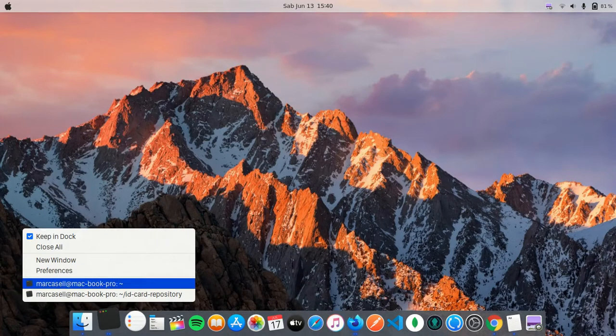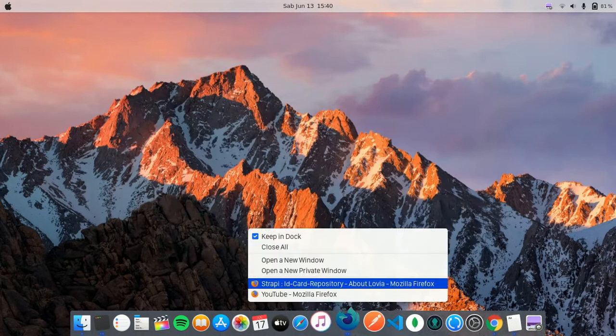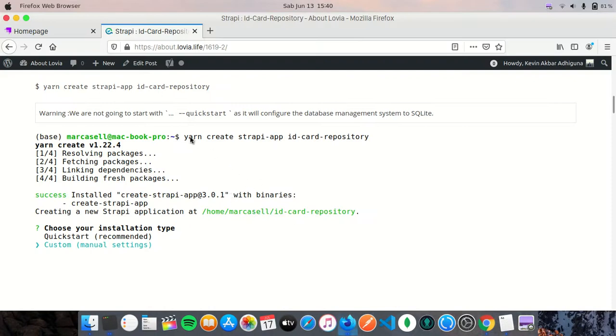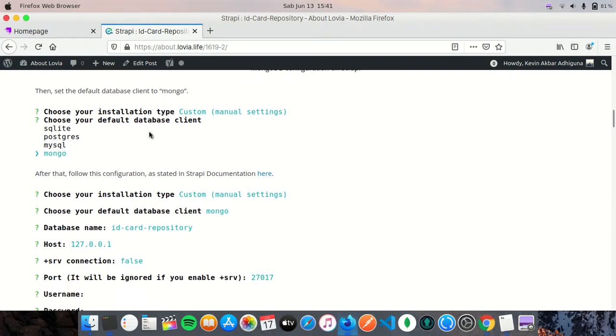So this is how I run the Strapi. Actually, to create the Strapi app named ID card repository, I will be prompted to choose the installation type and then click custom, and then for the database client I will select Mongo,